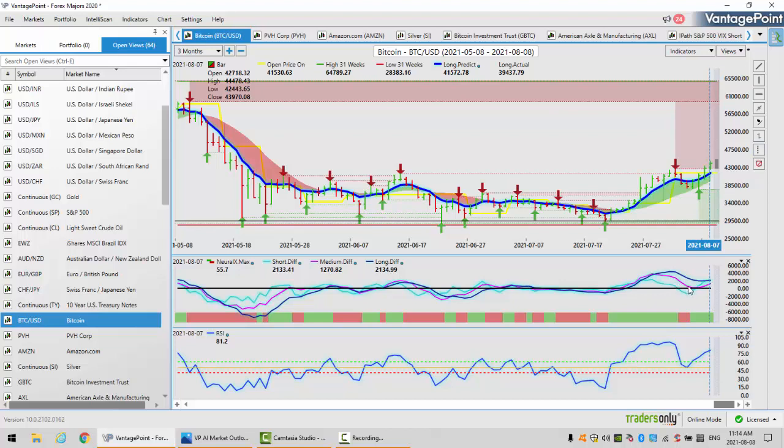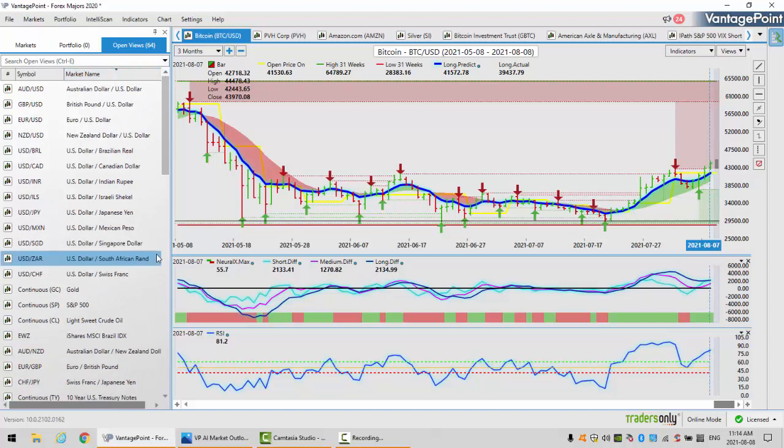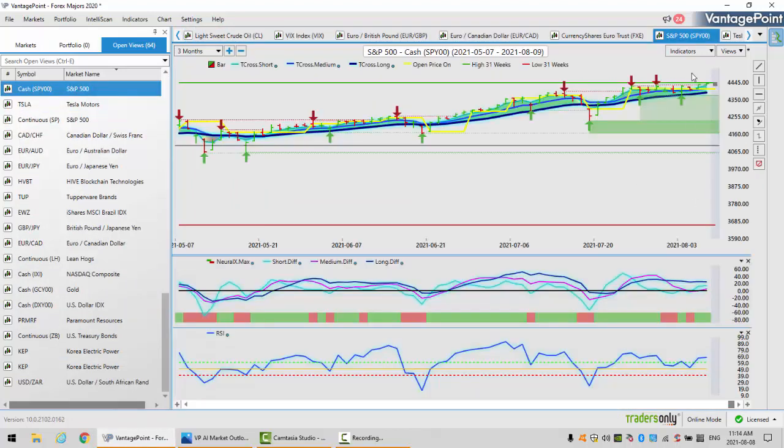watch our main levels. We've got a nice bounce here on the MA diff cross off the zero line, the zero line being rejected. Now, the zero line on the predicted difference is the difference between bullish and bearish, very similar to an RSI at a 50 level. So we will watch that very closely, but for now, it appears to be a very firm buy signal.